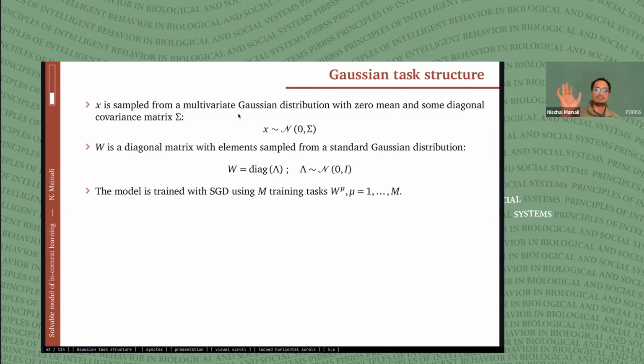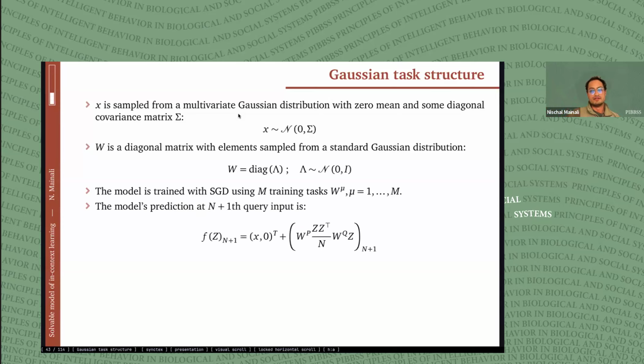So we'll basically sample M relationships, which are these W's, W mu, where mu goes from 1 to M. And we're going to use these samples to train the model. And after the training, the output of the model, as I said, is going to be the final column and the bottom part of the column. And this is what I'm showing here. The output of the model, that is the